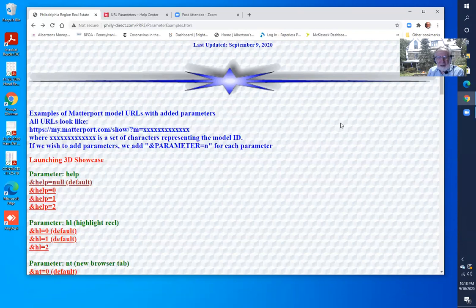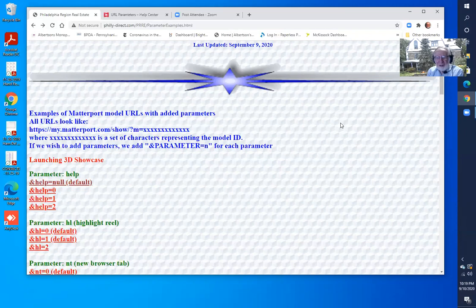And when you get there, a program takes over to display your particular model, and that program is the Matterport display program, which is written in JavaScript,